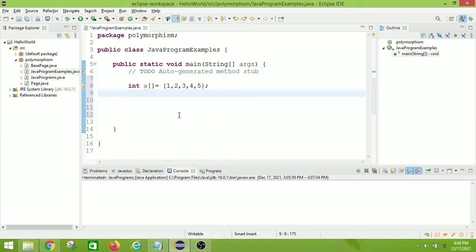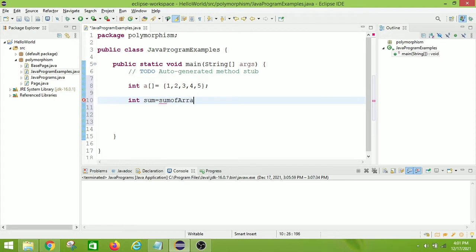So we have to create a method. We need one variable to store that result. So let us declare int sum is equal to, we need one method, right? So let us call it sumOfArray. Okay, and we can pass our integer array, that is a. So we are passing our integer array. So this is what comes in our main method. That is, we have created our integer array, and then we have called a method. But we haven't created the method, though we called it.